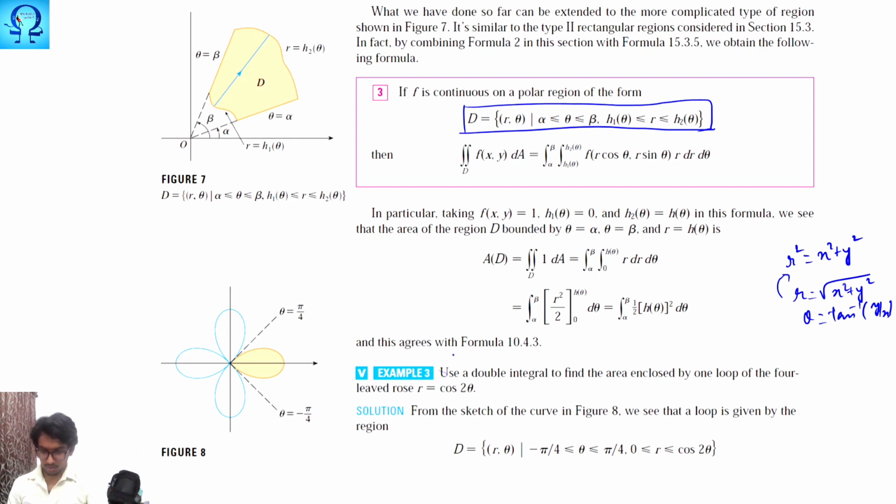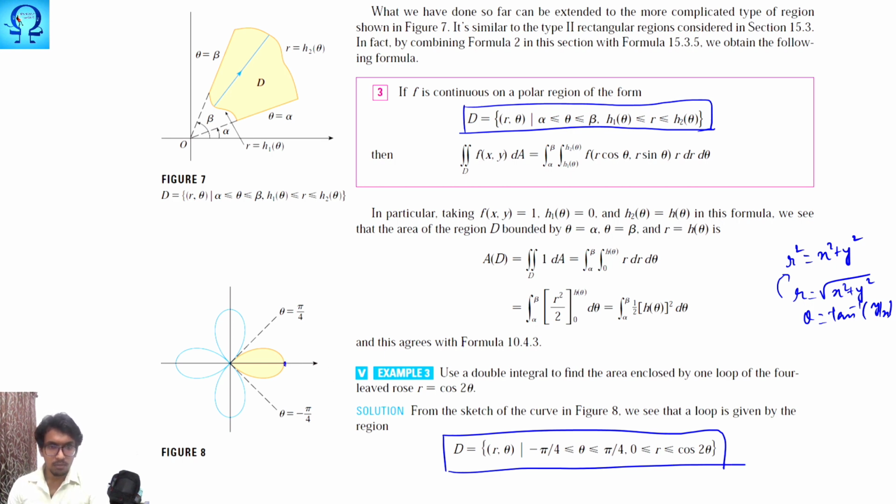Here you may see that if you are going this way from here to here, it is pi by 4, pi by 2, then pi, 3 pi by 2, like this you would have to come. But here, if this is the 0 line and this is pi by 4, we can consider this as minus pi by 4. No issues in that. Hence, in this region D, theta ranges from minus pi by 4 to pi by 4.